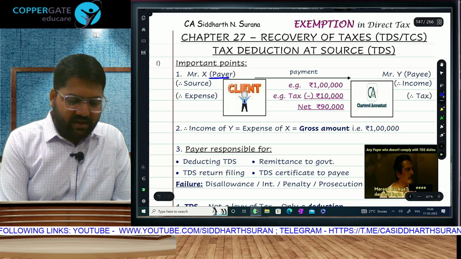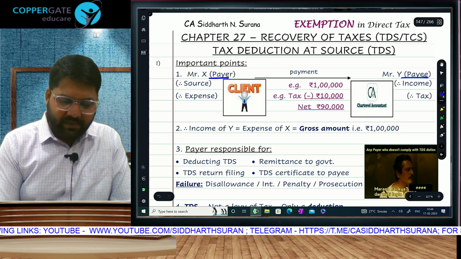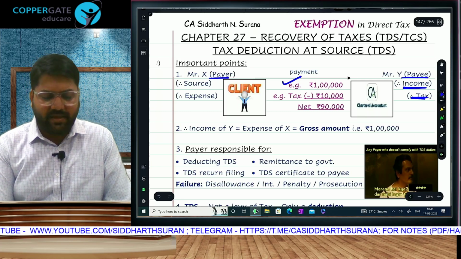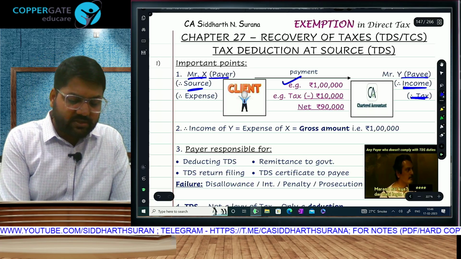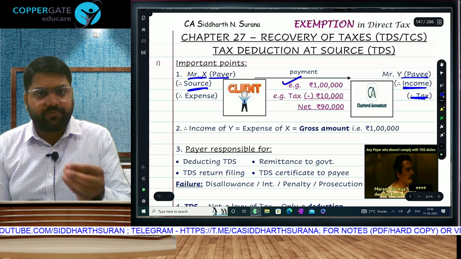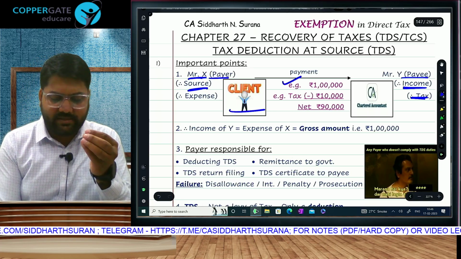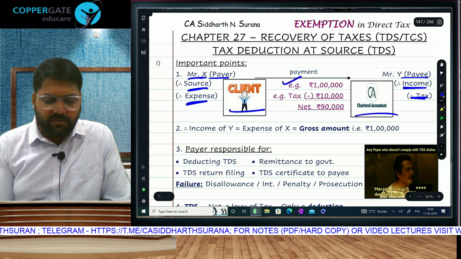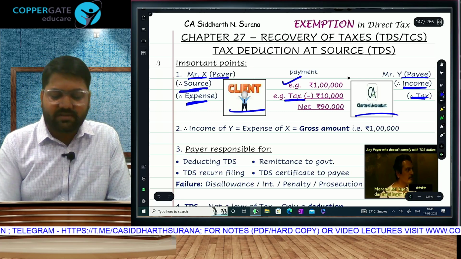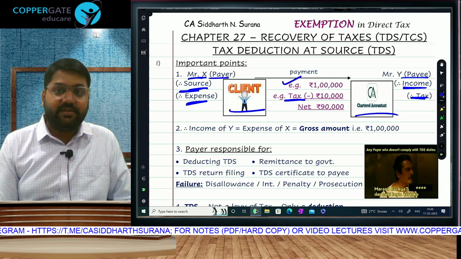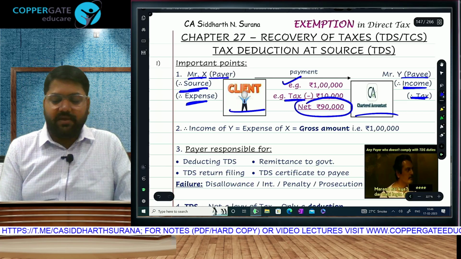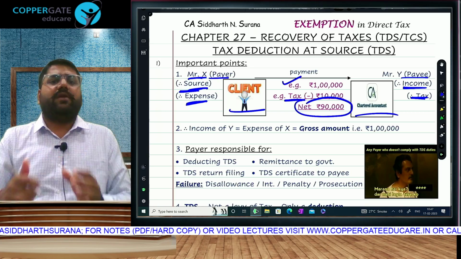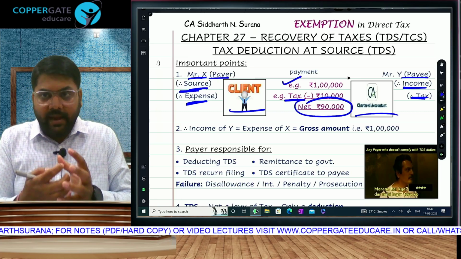Whenever a payer makes a payment to any payee, example 1 lakh, then that's income of the payee, and then on that income the payee has to pay tax, and this payer is the source of income. Like employer is source for employee, or client is source for CA, and for this person it is an expense. So this source will have to deduct some tax, therefore we call it tax deducted at source, and in the hands of the payee release only the net amount. From the gross amount deduct the tax amount, and therefore release to the payee only the net amount.